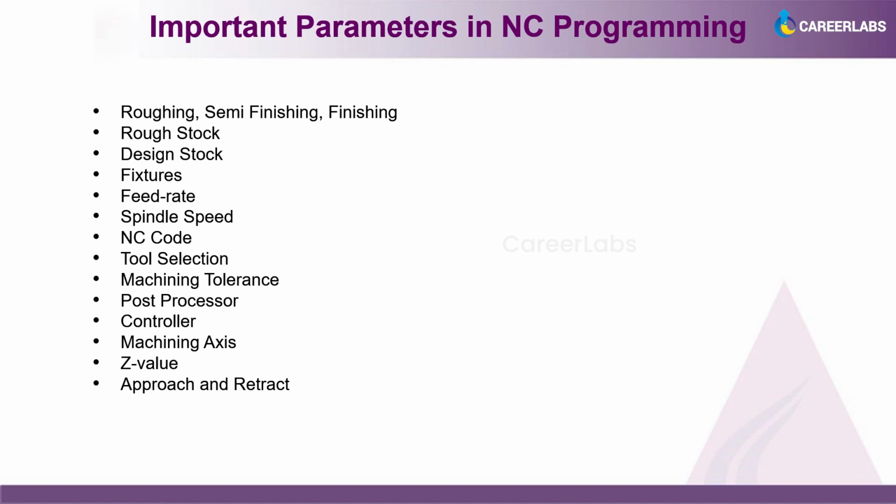So to remove the material to get the design stock, we will create one small rectangular block, or as per the offset of the existing design stock, we will create one rough block. That rough block carries different operations. Suppose on the top surface I have 5 mm extra material to be removed on the rough stock. To get the design stock surface, I will follow three types of strategies.